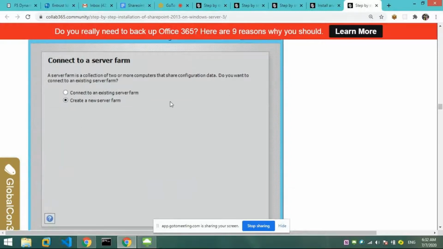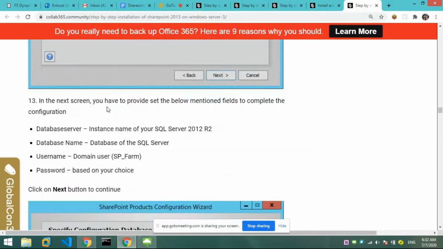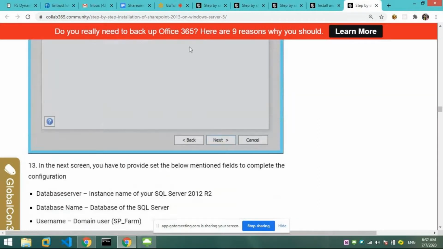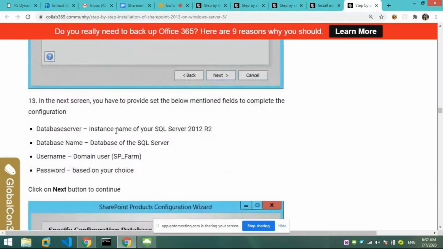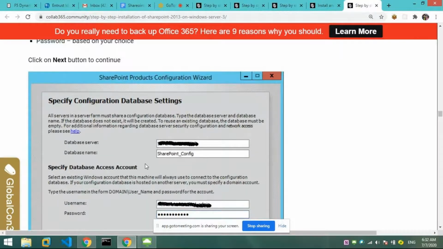Some servers we need to add; it means it won't come like that. We will get the create a new server form. Once we click on create new server form, it will ask the DB details. So we have installed the database, and whatever instance we need to give,